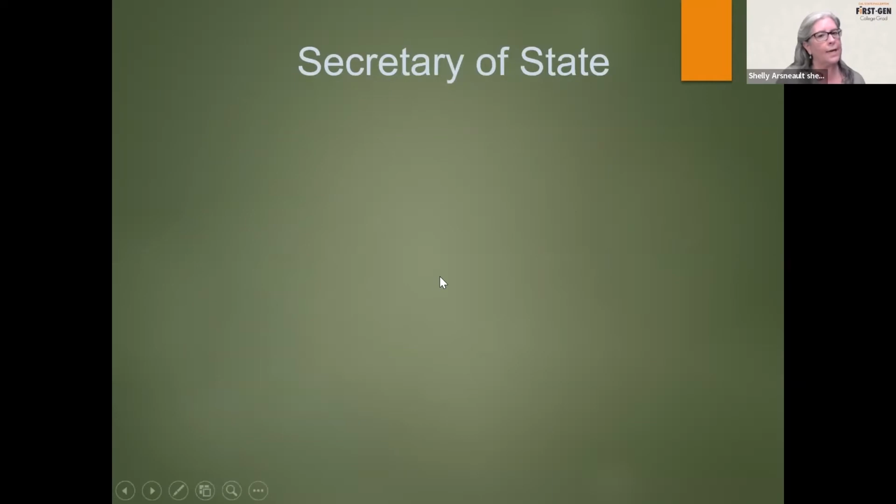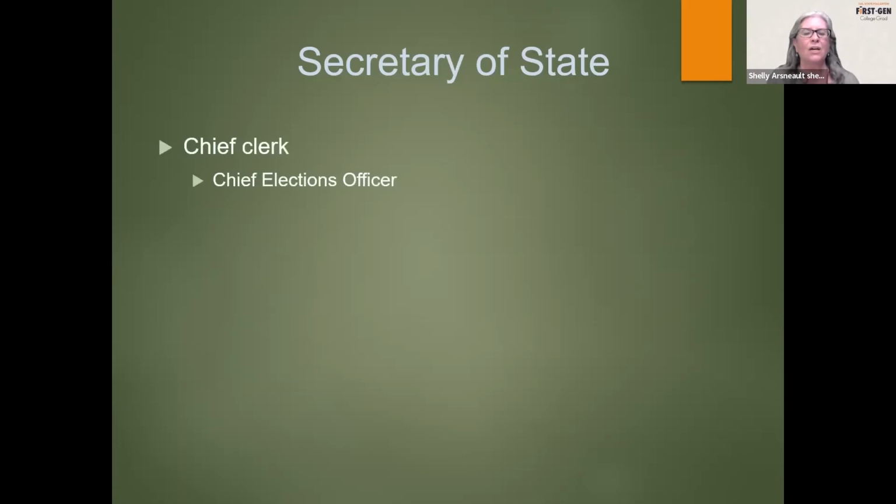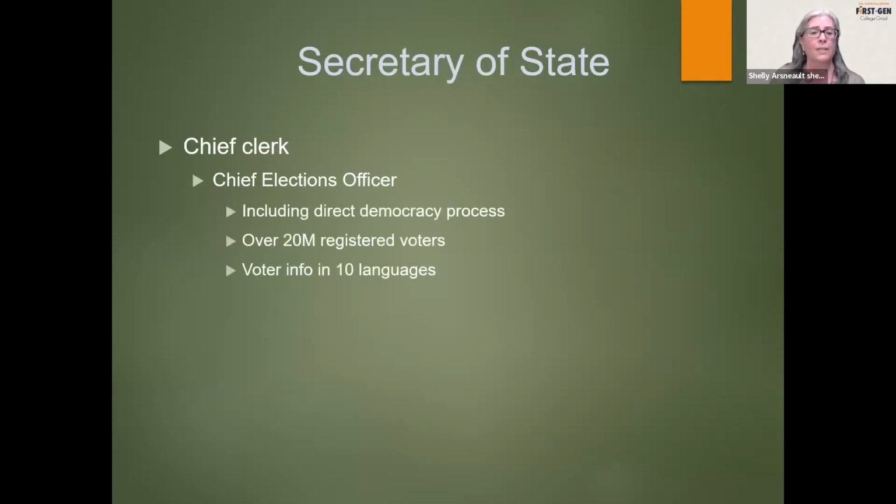Secretary of State, for some reason, did not have their own little seal. I'm sad about that. The Secretary of State is the chief clerk, and by clerk, when you're talking about government, clerk is not a low-level position by any stretch. So this is sort of the state's clerk. You might be familiar with your city clerk or your county clerk. Again, they in your city or the county are the chief elections officers there. And so our Secretary of State is the chief elections officer for the state itself.